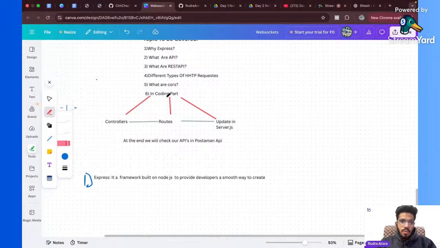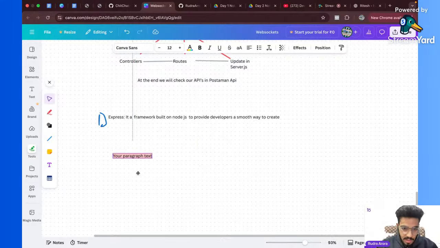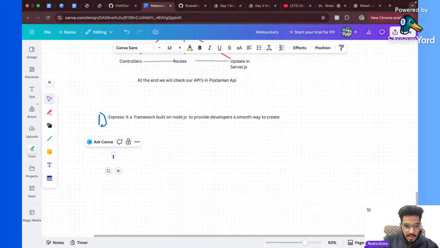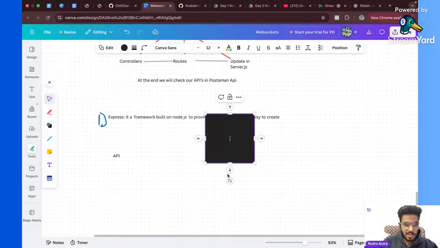Okay, so now we will look at what a REST API is and how it is different from an API. This is also a general misconception that actually prevails, that they are different. So no, they are not different. REST API is a type of API. If I am able to make my point clear, I will write here. These are APIs, and there are different types of API, and these different types,